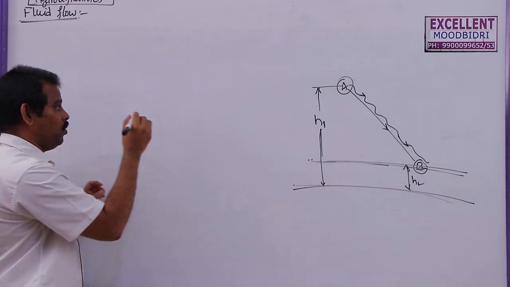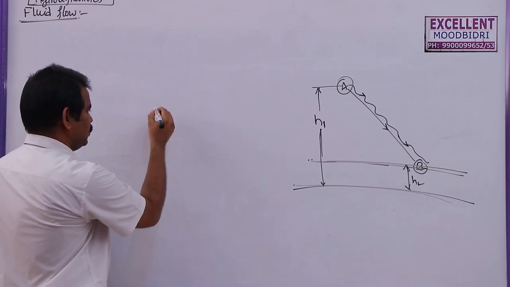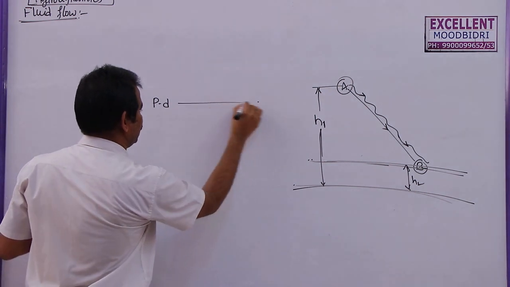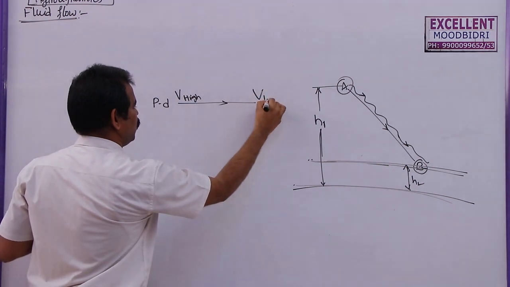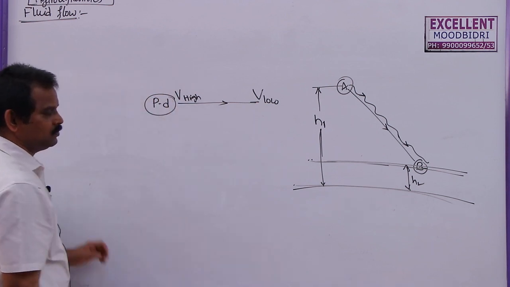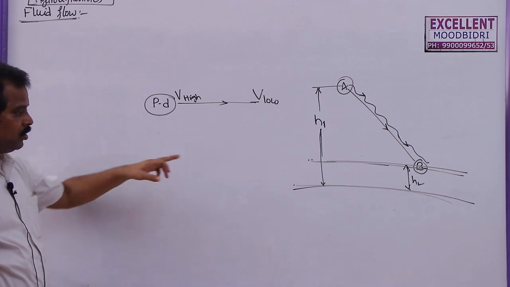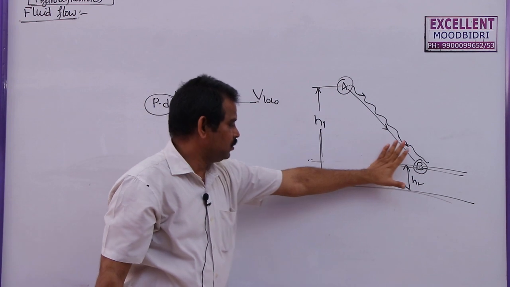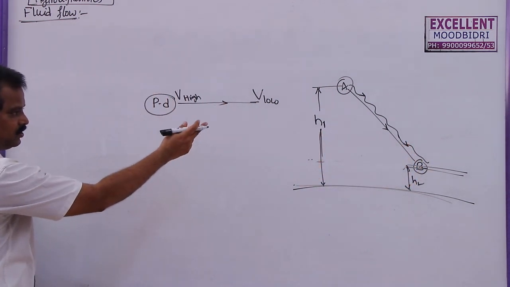Similarly, for the flow of current, you might have studied potential difference in 10th class. If a potential difference exists between 2 points, then current will flow from high potential to low potential. Similarly, fluid always flows from one point to another if there exists a height difference. Now, why does fluid flow when there exists a height difference?